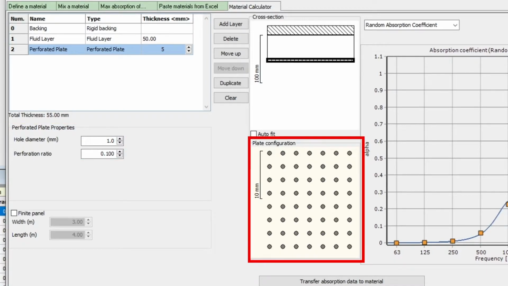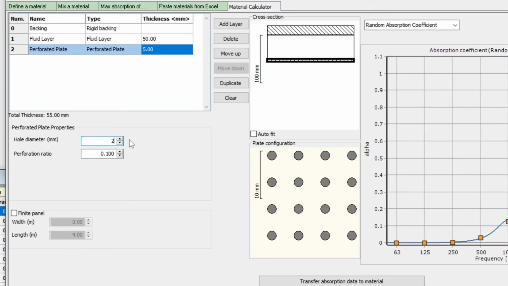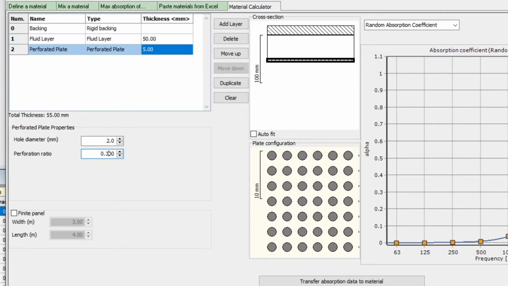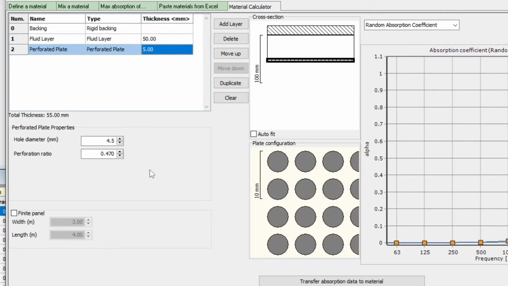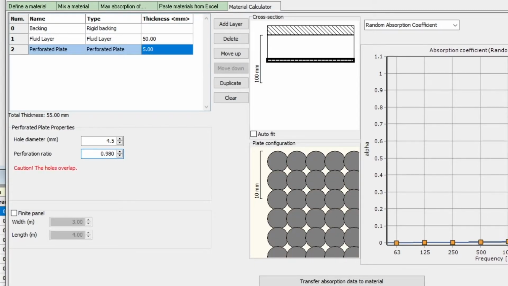You will also see a diagram of the configuration. You should not have the perforations overlapping. So, if your perforation ratio is too large, it will automatically be adjusted to the largest possible value.